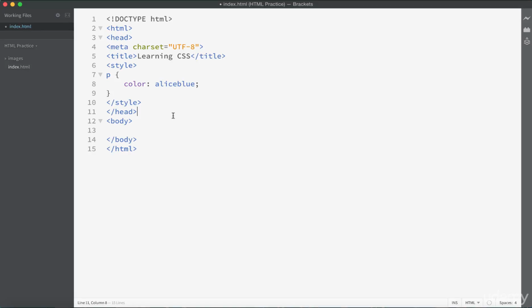and it's going to make it Alice Blue. So what we can do is let's go into our body here and let's create a p tag so we can then see if this worked. And I'm going to do p, and let's just write this will be Alice Blue, whatever that means. I'm not quite sure what Alice Blue is, but I'm going to go ahead and save that,